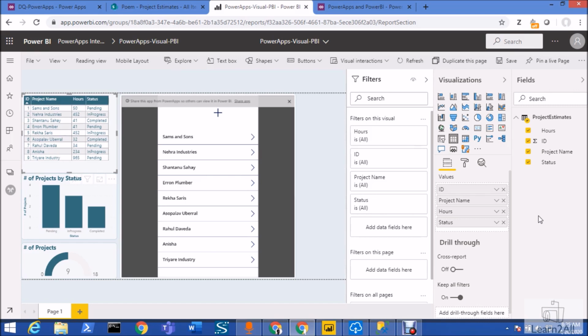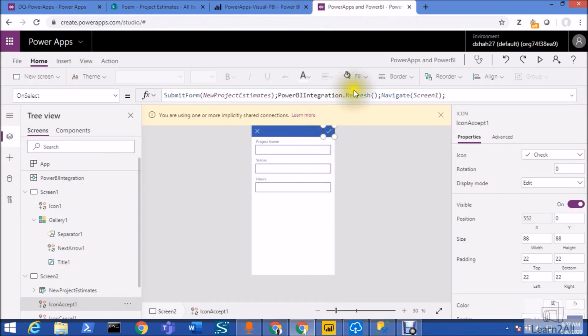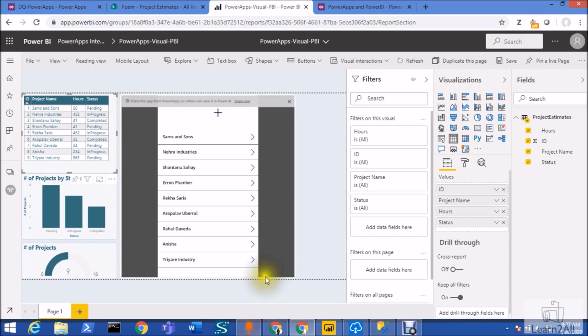The another limitation is that the Power Apps visual can't trigger a refresh of Power BI reports and Power BI data sources from the Power BI desktop. So basically you need to perform this development with the Power BI service itself. You can't perform this development with the Power BI desktop. In our Power Apps, we have used the function PowerBIIntegration.Refresh. So basically this is supported only when you create the new application from this Power Apps visualization. Otherwise this option is not supported.